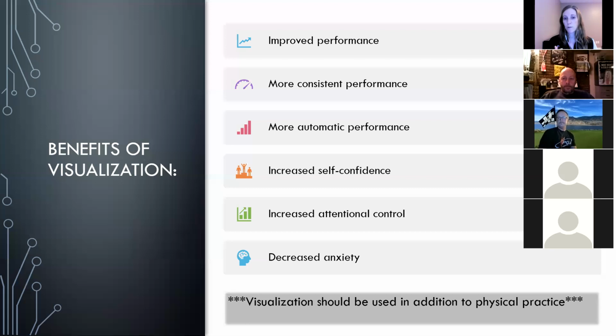The first group was practicing an hour a day for 6 weeks. The second group was practicing half an hour a day and doing half an hour visualization, so an hour total for 6 weeks. And then the third group was doing an hour visualization for the 6 weeks. And at the end, they looked at their shooting again. And they found that the group that had done half of the shooting and half of the visualization was the one that improved the most.